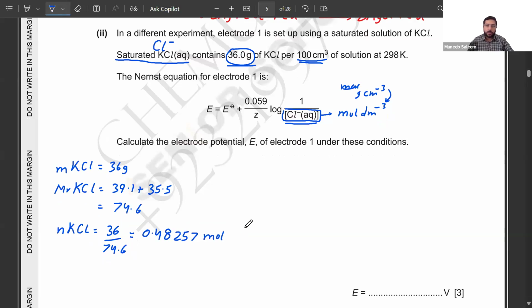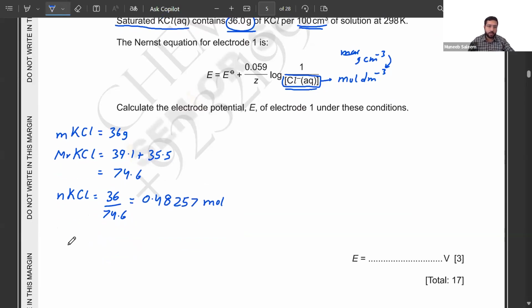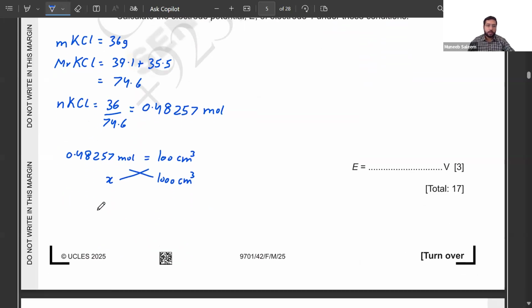This is the mole which we have got for 100 cm cube. So I will write a simple relationship here: 0.48257 mole was obtained when the solution had 100 cm cube. But we are supposed to find the concentration per dm cube, because you know that dm cube means 1000 cm cube. So for 1000 cm cube, it shall become x. So do the cross multiplication. x shall become 1000 times